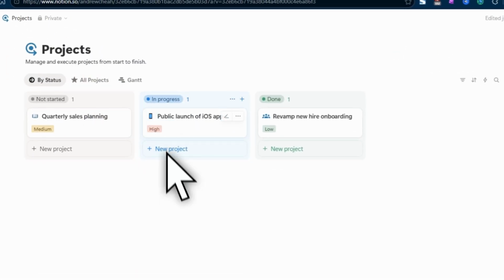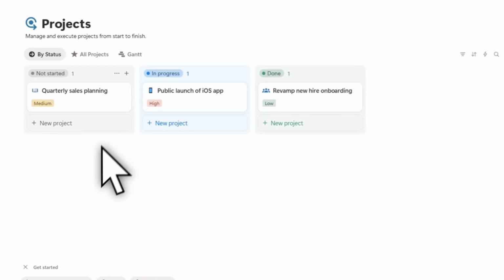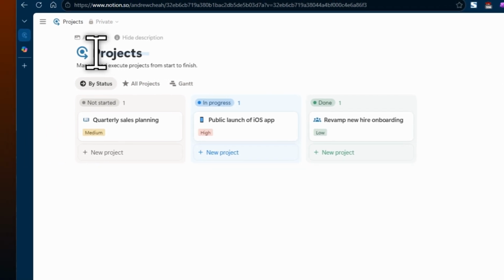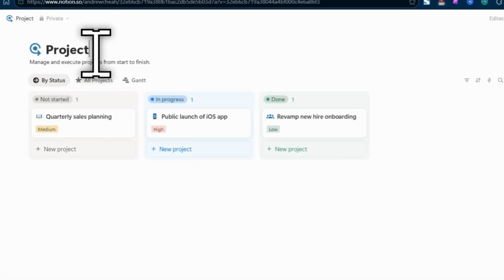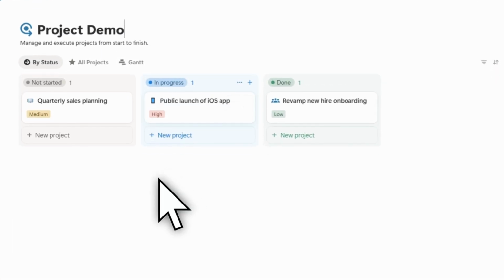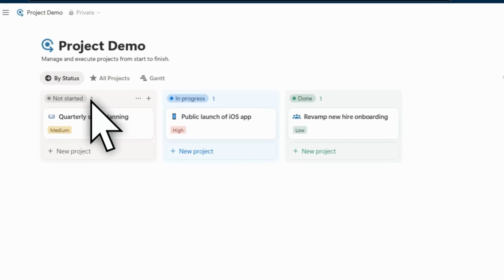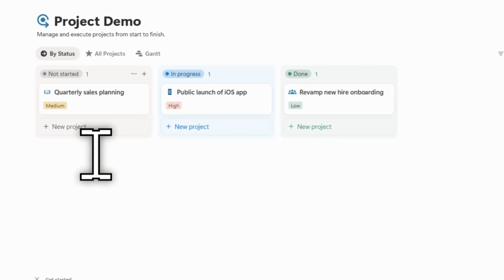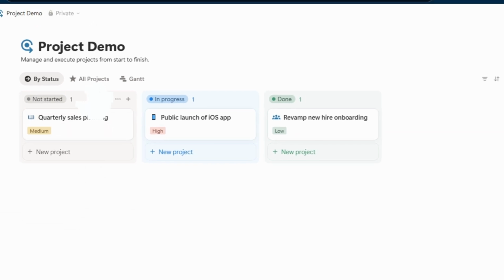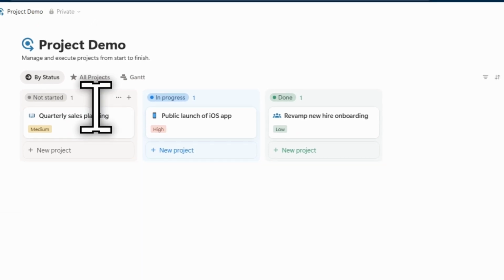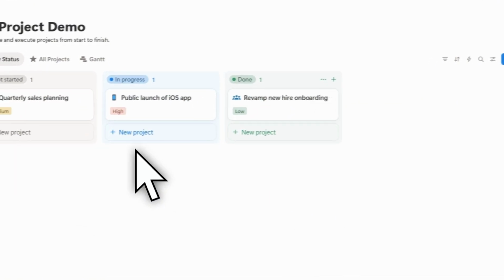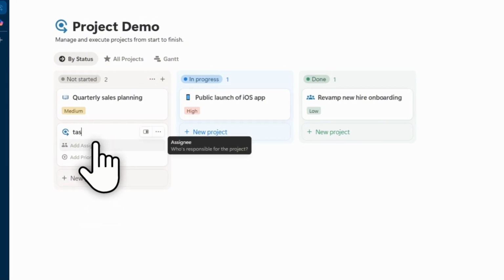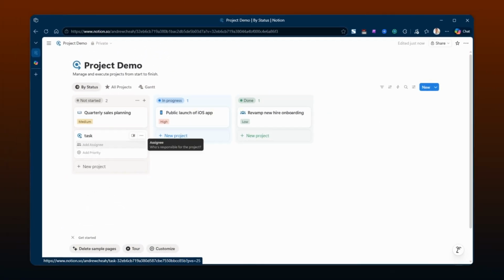So here I will have my projects applied in it. I can just change this project demo. Now this is the so-called Kanban board. If you've seen my previous video, I showed you how to use it on Planner, the Kanban board, or Microsoft Loop. These are similar, right? Now, if you want to create a new project, let's say another task here,